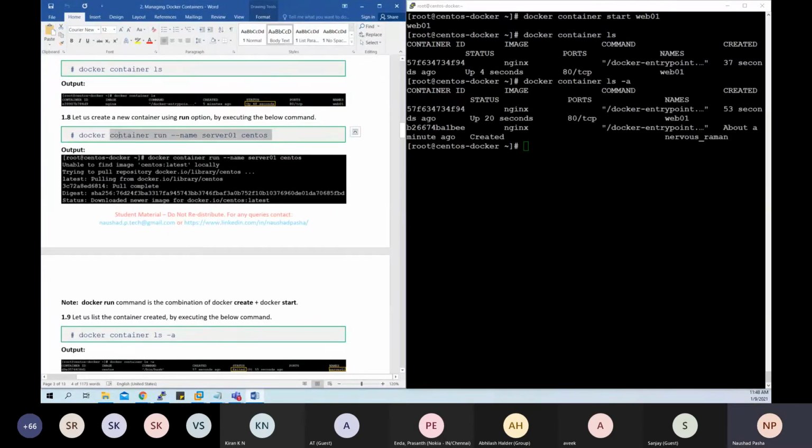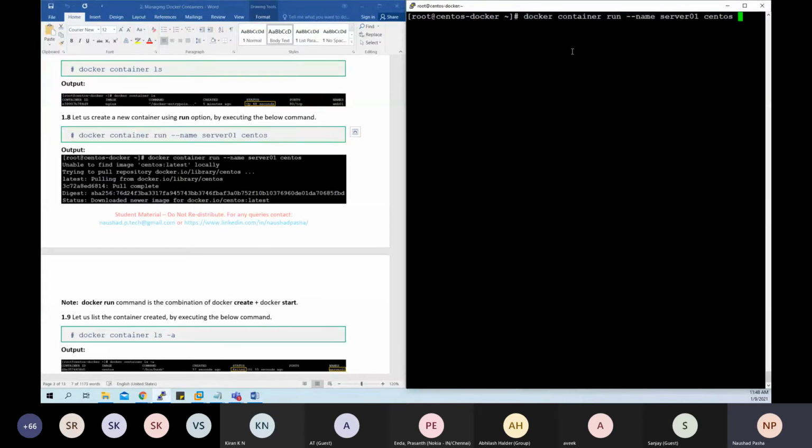Now let me demonstrate the command docker container run. docker container run, the name of the container server01 and the image that I want to use. The image will be pulled because this is the first container that we are using an image CentOS.